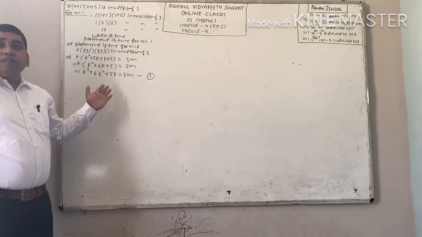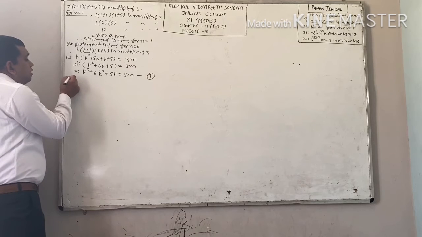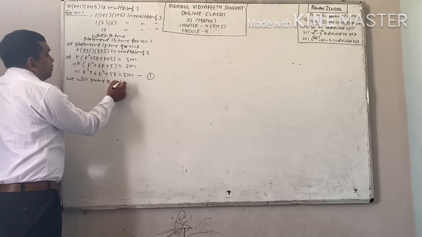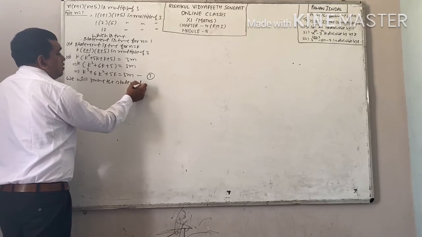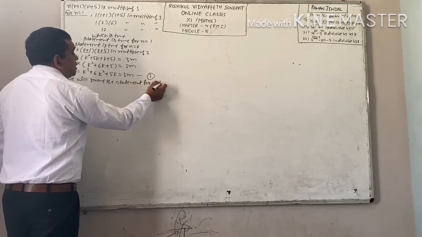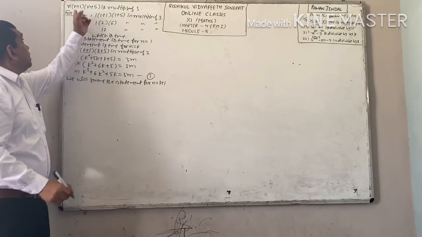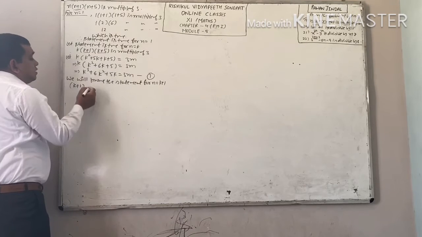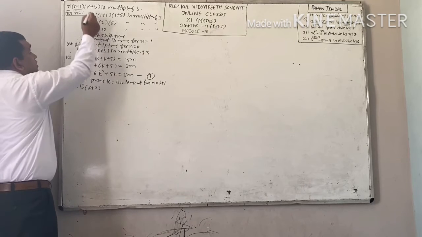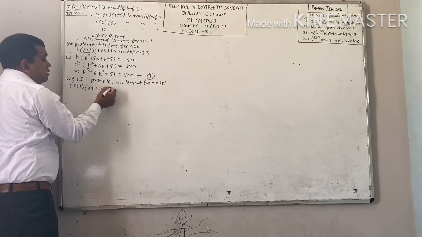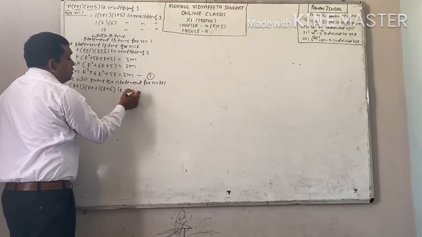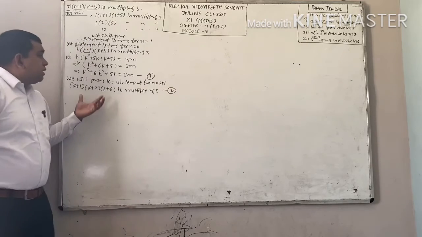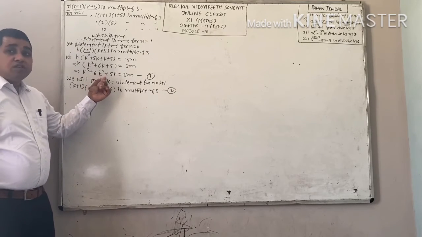And the last step, you know very well, we will prove the statement for n equal to k plus 1. Now we will put n equal to k plus 1 in the given statement. See what you will get. You will get k plus 1 into k plus 1 plus 1, k plus 2, into k plus 1 plus 5, k plus 6 is multiple of 3. We have to prove this statement by using equation 1.